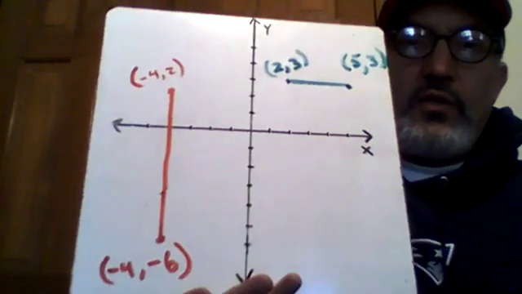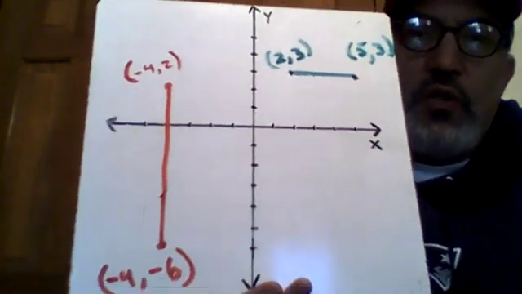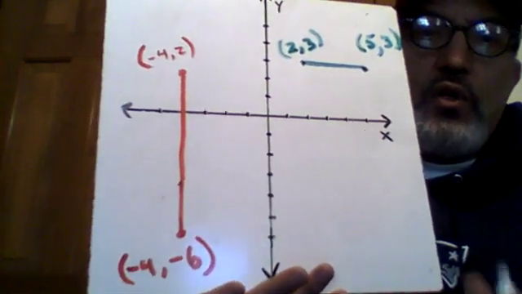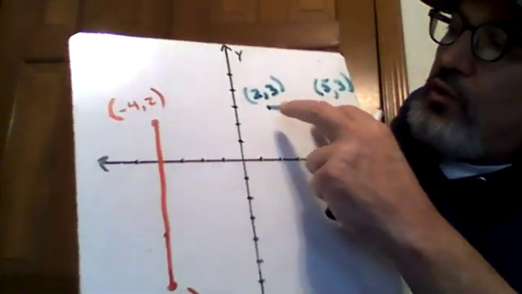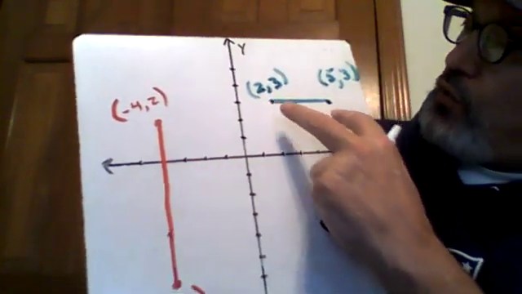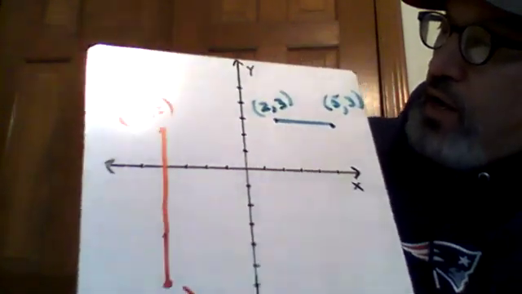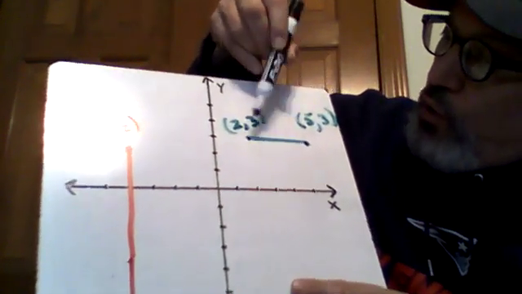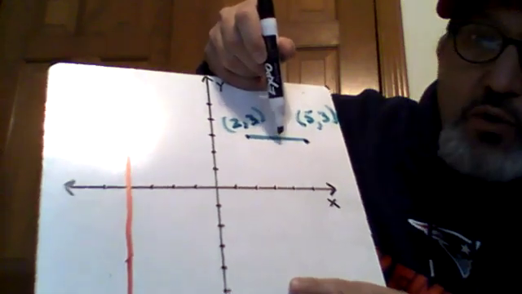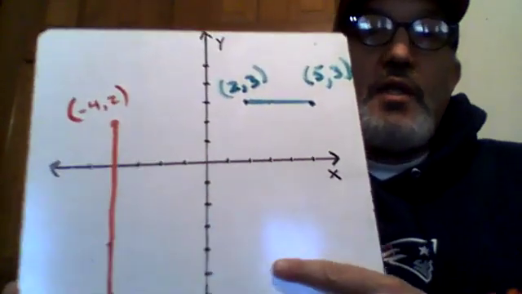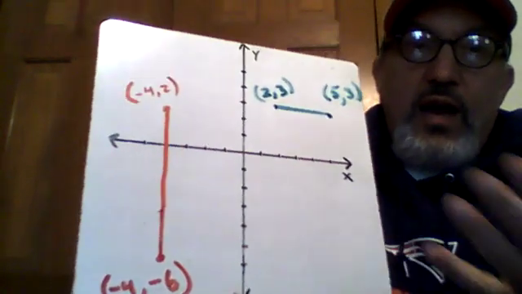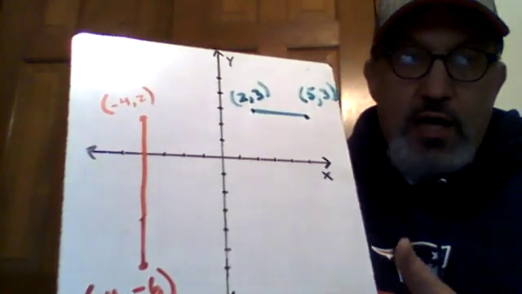Just like with the distance question, we'll consider 2 special cases of the horizontal line segment and the vertical line segment. This horizontal line segment here has endpoints of (2, 3) and (5, 3). Now, we can get a sense of where the midpoint is going to be, somewhere around here. But the formula tells us how to find the exact coordinates of the midpoint, and that is to take the average of the x's and the average of the y's. So what we'll do here is